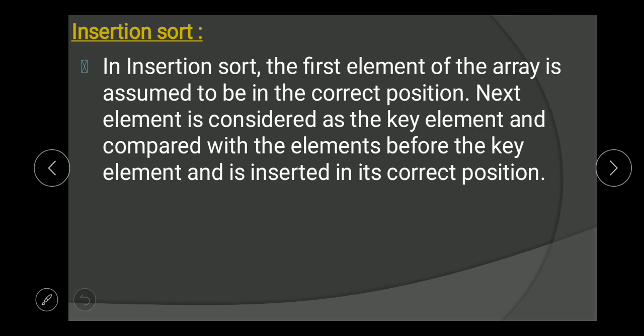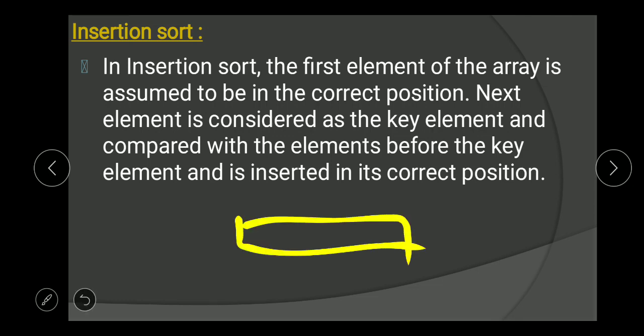That means in insertion sort we make two partitions. If this is an array, we make two partitions: one is the sorted list, another one is the unsorted list. The first element of the array will be assumed to be in the correct position and the next element is considered as the key element.